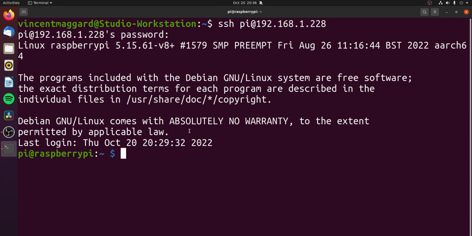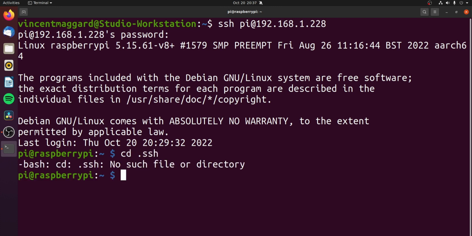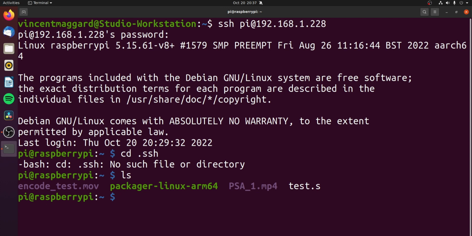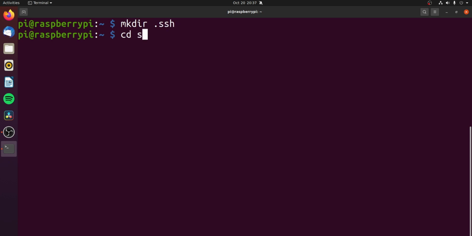Now, how does the key system in SSH work? So what we do is we're going to have a directory called .ssh that doesn't currently exist. But if we create it, so we do .ssh, and then we look in here. Now, .ssh is the configuration directory for SSH, the client, and kind of the server. So what we do is we have this folder. It may already be created, but if it isn't, you'll need to create it. The period in the front of the folder name means that it will be a hidden folder.